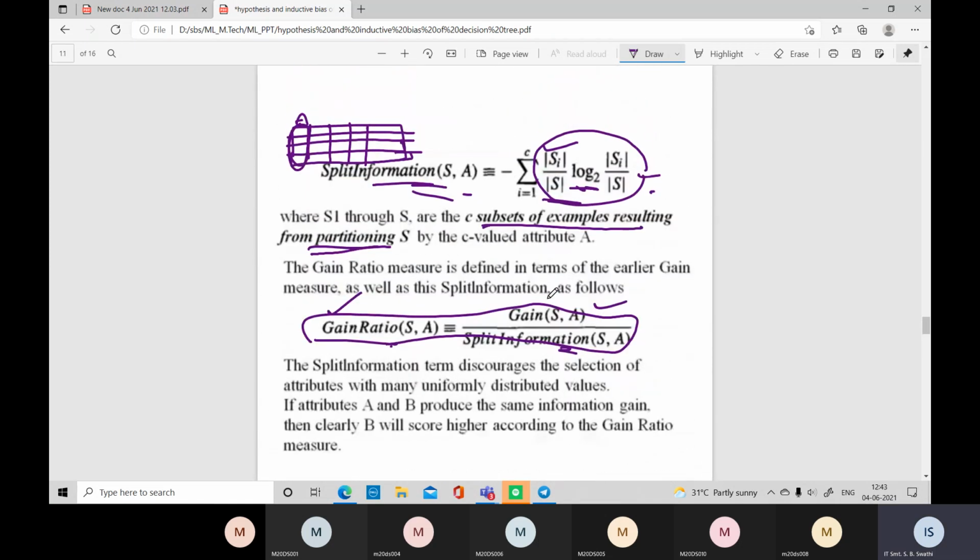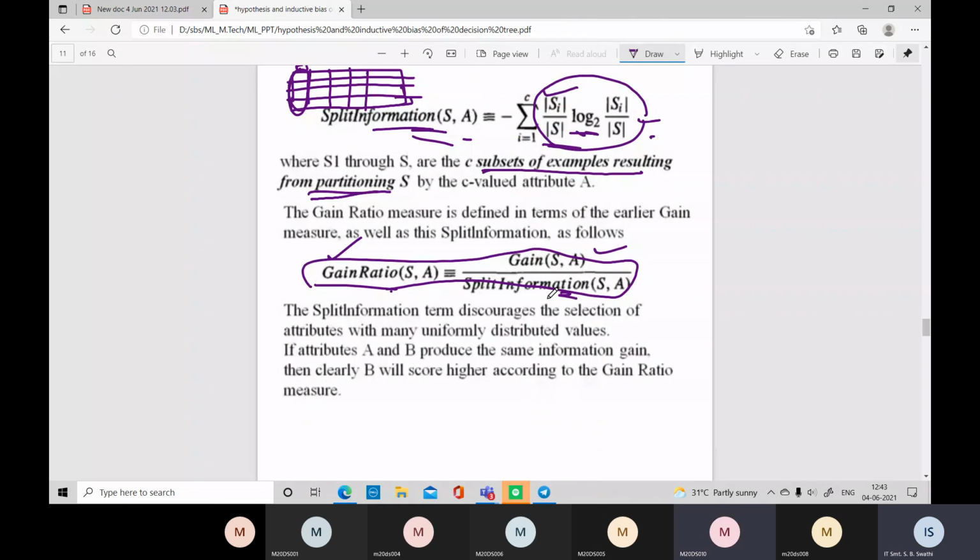Is this clear, students? Yes, ma'am. Here, gain means again information gain, right? Yes. Ma'am, for gain we need to again calculate entropy, right? Yes, entropy has to be calculated. After doing those two, this is an additional step. Directly after entropy and information gain, instead of going to the decision tree, we do one more additional step, that is split information, and then after this third step, we can generate the decision tree.